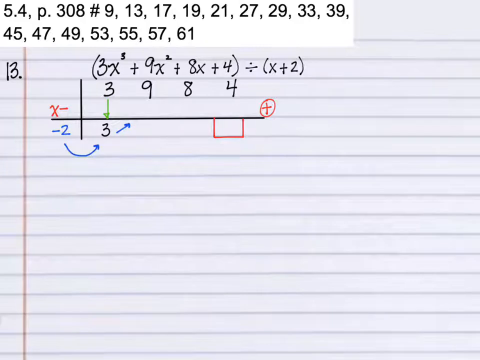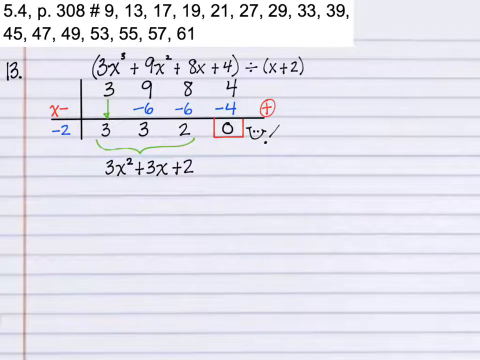Bring down the 3, multiply the 3 times the -2, put it in the next column, -6. Add those together, you get 3. Multiply that by the -2 and put it in the next column, which is -6. Add the -6 and the 8 and you get 2. Multiply the -2 times the 2, put it in the next column. Add the 4 and the -4 and you get 0, which makes us happy because it means we have no